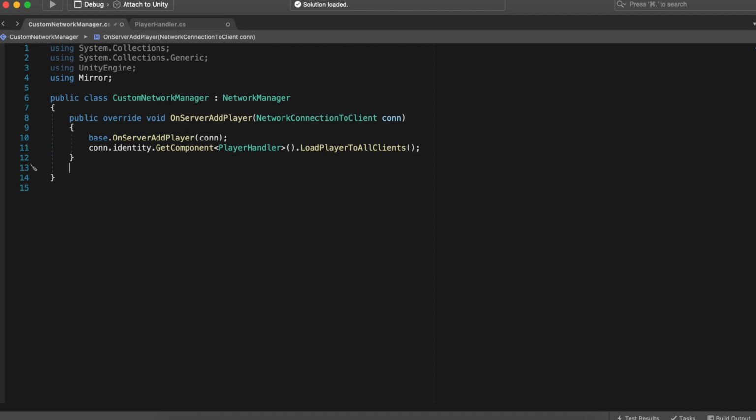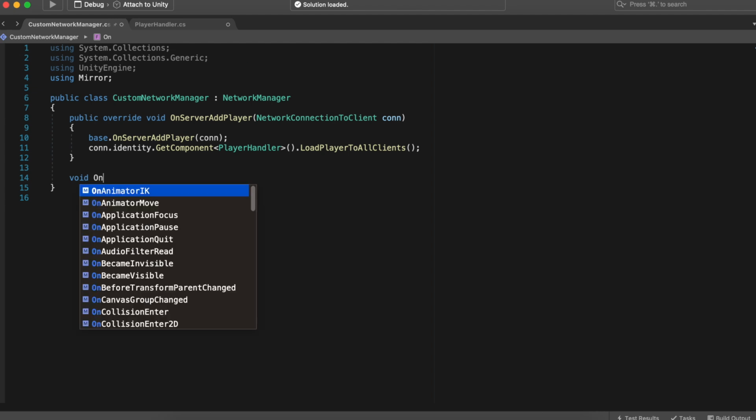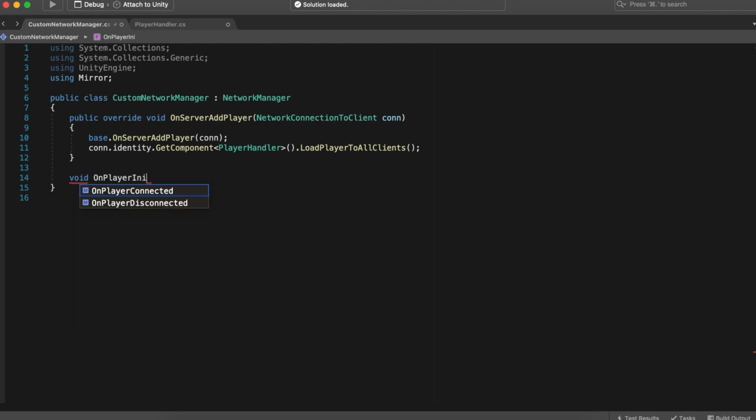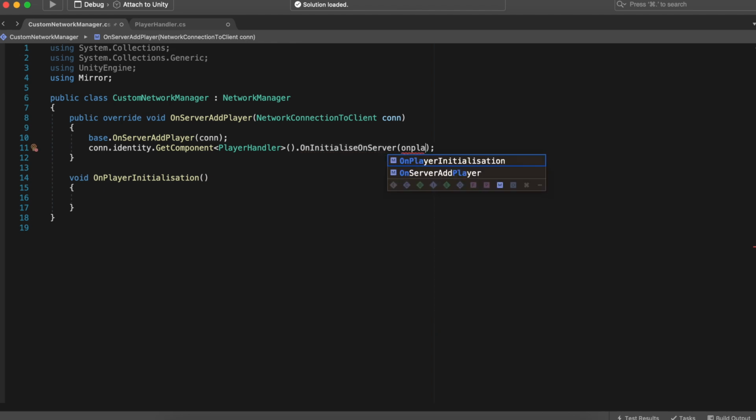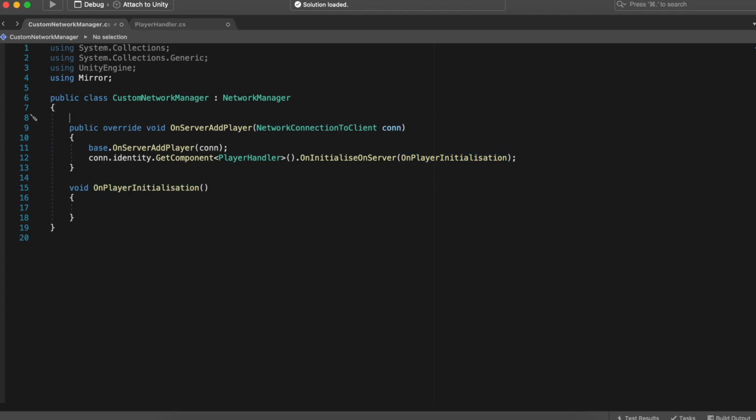So simply creating a new function. Let's name it on player initialization, and replace this function with the function that has the action that we just wrote in player handler, and from there just call it on player initialization, so that once player handler will be initialized, it will call on player initialization,